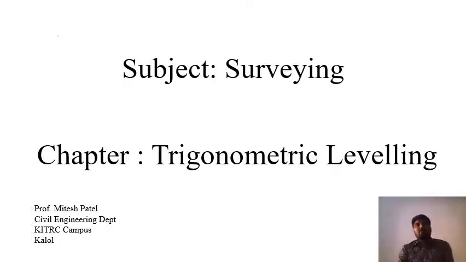My chapter name is trigonometric leveling. Now we have seen what leveling is. Leveling is the relative position of two objects with respect to each other. This is what we have seen in the previous semester or before, in basics of civil engineering and elements of civil engineering, in the leveling chapter. It is done by dumpy level and leveling staff.